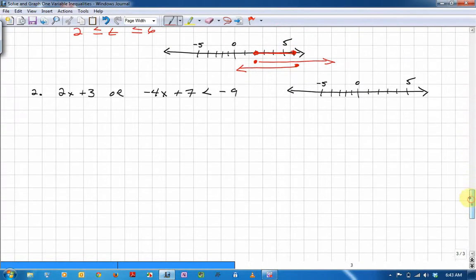Let's move to the OR. So for the OR, that's going to be the combination of the two answers. So what I have is